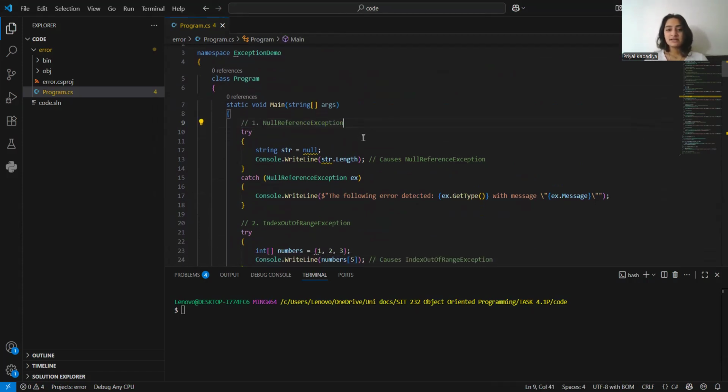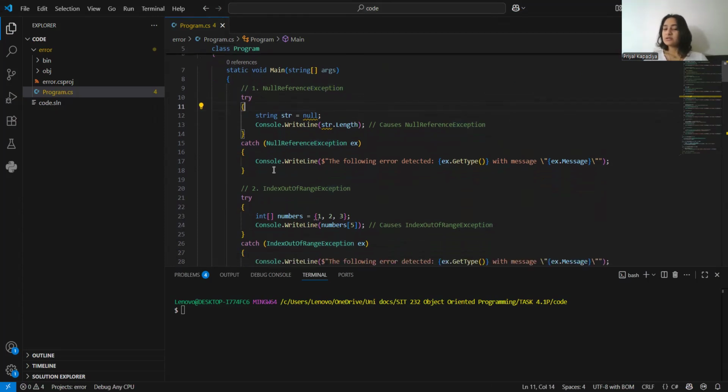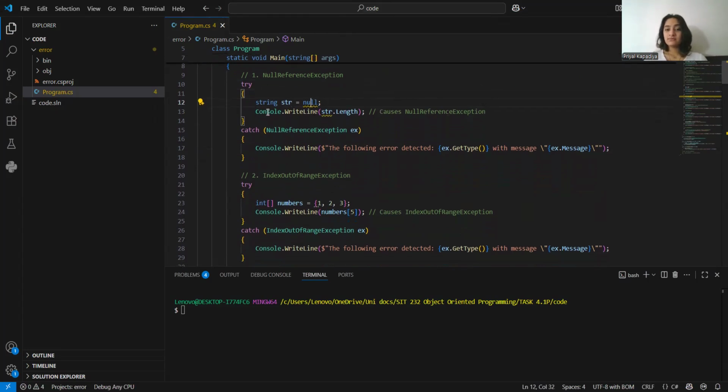The first is null reference exception, where the input can be null. We get this type of error. To handle such, because at times we might need a null input, which is not generally required, but still, to handle that manually, what we can do is use try and catch. We can try that if the string is inputted as null, then